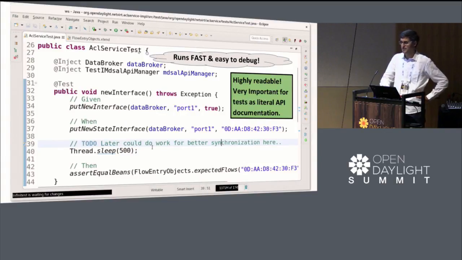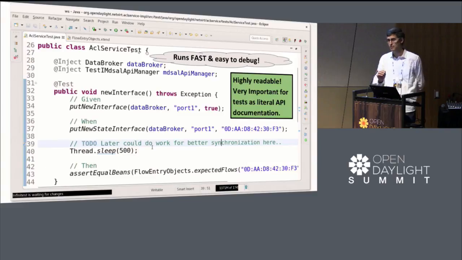These kinds of tests run fast, they're easy to debug, and they serve as almost a literal API documentation. So with these tests, you are really showing what, in this case, the ACL service impl does. And it's very important in my mind that these kinds of tests are very, very readable. So if you start having a bunch of Mockito calls in here, in the case of a test like this that creates a structure of objects,